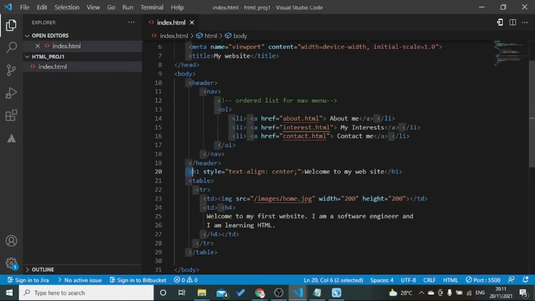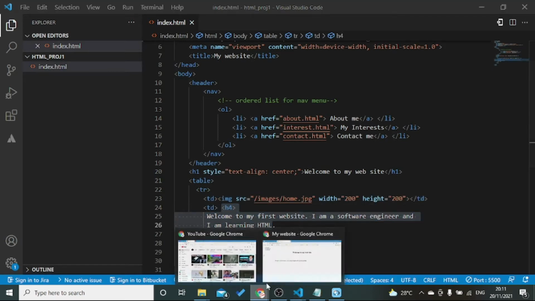So I have put the headlines, title, and then one more table I have introduced, which has only one row. The left hand side has the home image, the right hand side will have some text. We'll see how it looks.